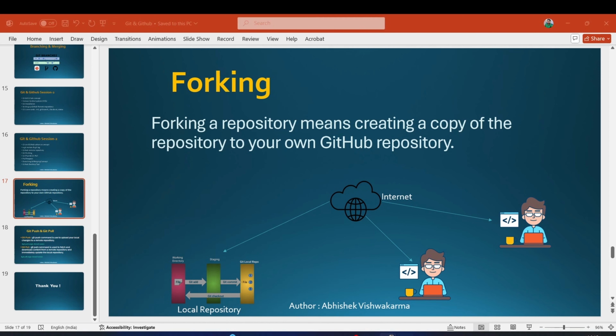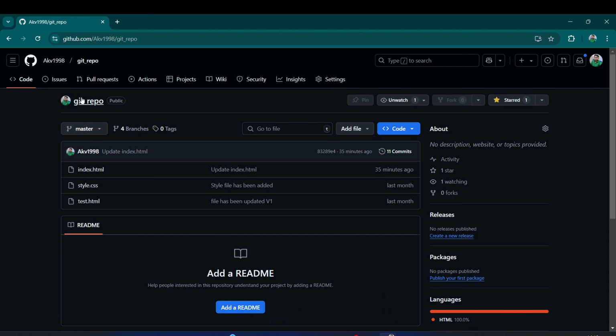This is my repository where we have been doing hands-on practice so far. You can also create your own fork, contribute, and make your changes here. I am currently logged in with this account, and this repository belongs to me. I created this repository. Once I hover over this fork button,